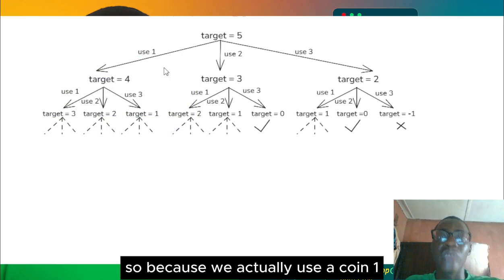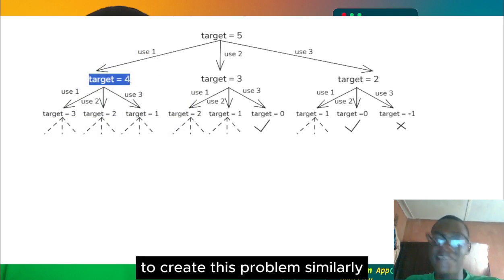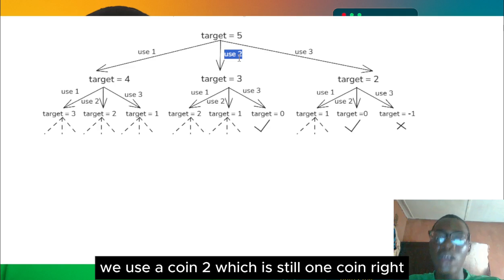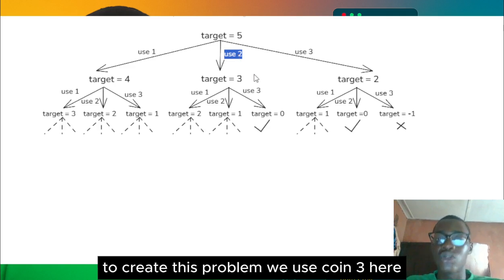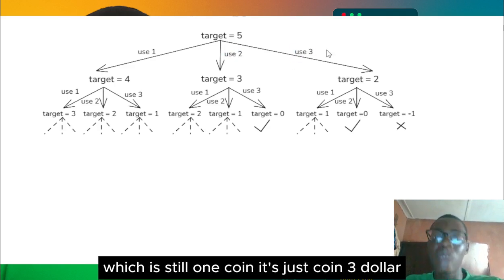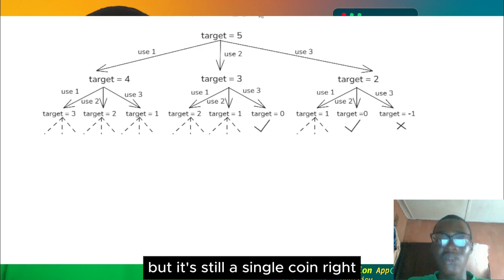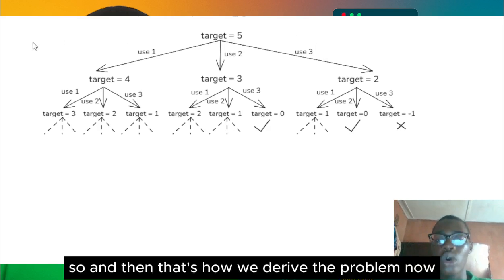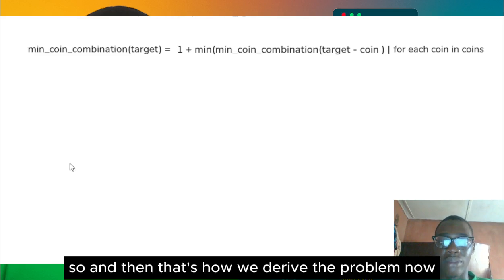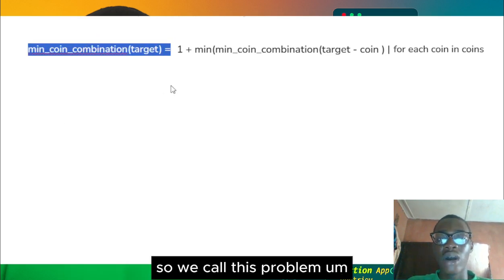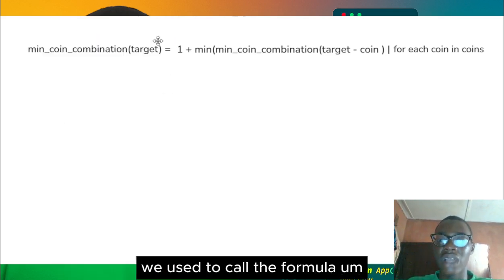Because we actually use coin 1 to create this problem, similarly we use coin 2, which is still 1 coin, right, to create this problem. We use coin 3 here, which is still 1 coin. It's coin 3, coin 2, and coin 1, but it's still a single coin, right? And that's how we derive the formula. We used to call the formula